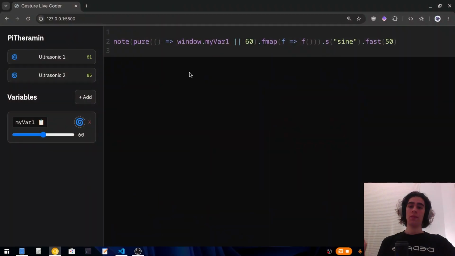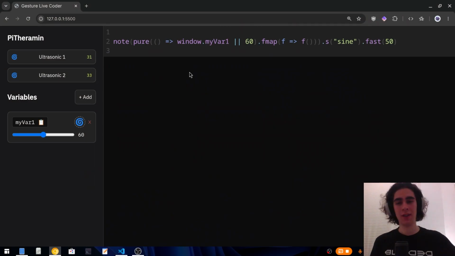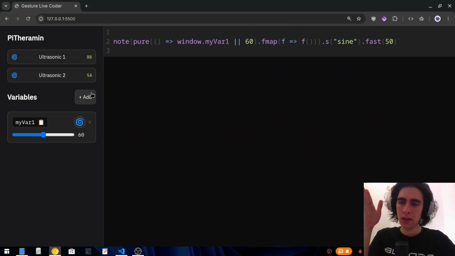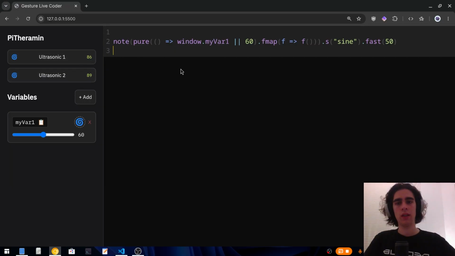Okay, so I've been working on it basically all night. Basically the way it works is here you have your variables, and these are the inputs from the Pi, and they are just dummy values for now. I'll play it, and obviously we can change the pitch as usual